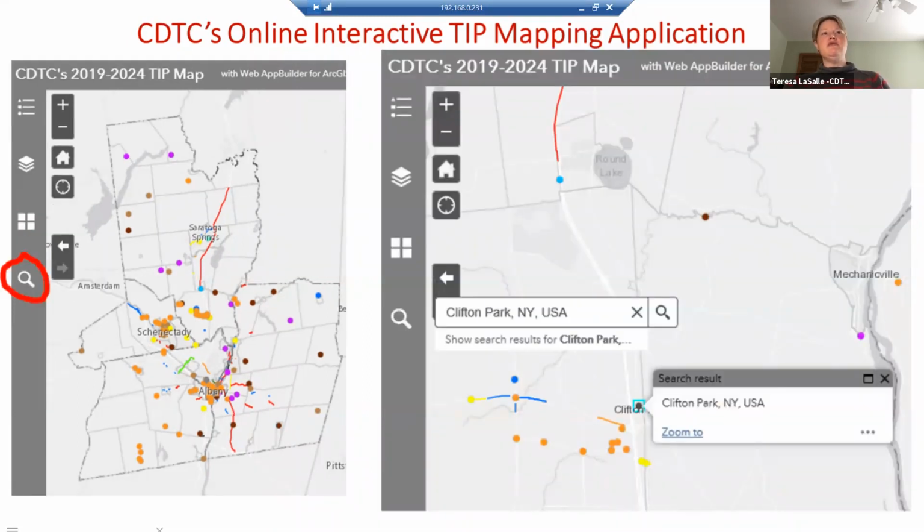The search by location tool, circled in red, allows you to search and zoom to a location such as a municipality. If you just want to look at projects within the town of Clifton Park, when you start to type in something such as Clifton Park, you'll get a few choices. In this instance, I just chose Clifton Park and it zoomed to part of the town, but not the whole town. One of the choices there is, I believe, Clifton Park town, and if you choose that, it will zoom to the actual extent of the municipality. Then you can pan around and see all the projects within a certain municipality. Next slide.